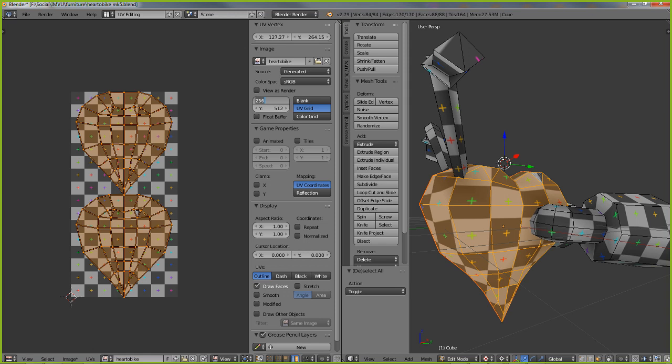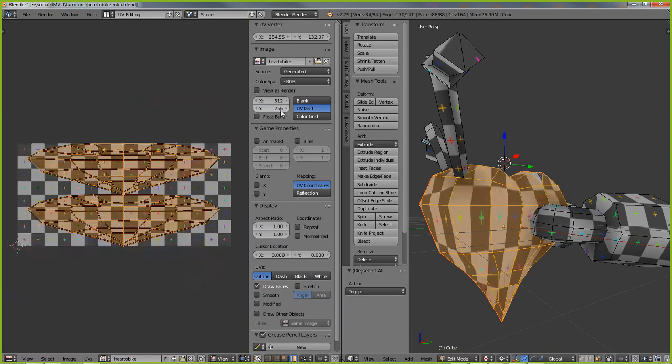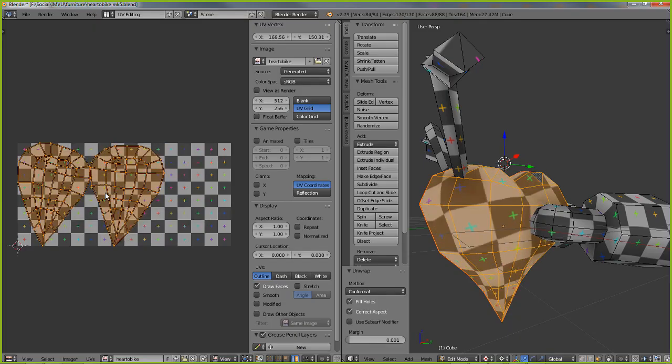So we're in the UV editing layout. So 512, 256, and that'll change the shape of the texture that we're going to use, and then we can just press the E key, E for Edward or E for Echo. It'll regenerate the map,